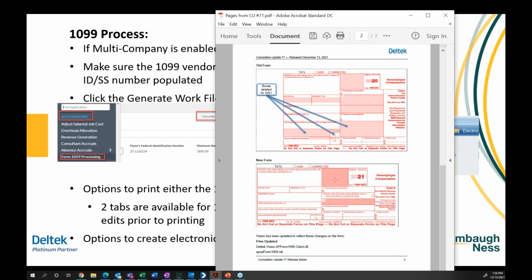And I don't think I've seen the form change in many years. So this is going to be big. It's going to catch a lot of people off guard. So I just wanted to point out, if you are on-prem, make sure your IT person is downloading the updates. If you are a cloud client, Deltek will notify the SaaS administrator that everything's been updated, and it's Deltek's responsibility to make sure you're up to date on the latest CU.